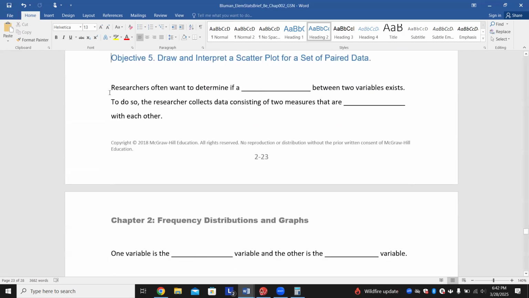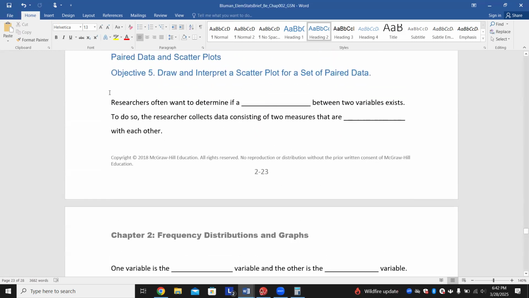All right, so in this last part right here, talking about paired data and scatter plots, our fifth objective, we're going to draw and interpret a scatter